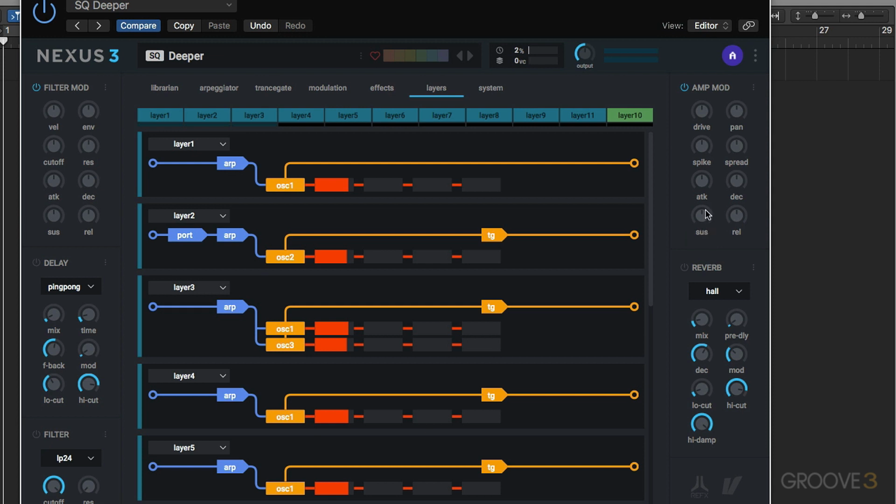Now the sustain level is the resting level when we hold down the note. And then finally we have our release, which is how long it takes the sound to die away once we let go of the key. The standard controls we'd expect on an envelope, but remember these are affecting the global amplitude settings for each one of our layers. Okay, so that's our amp